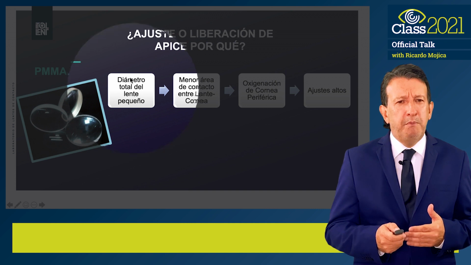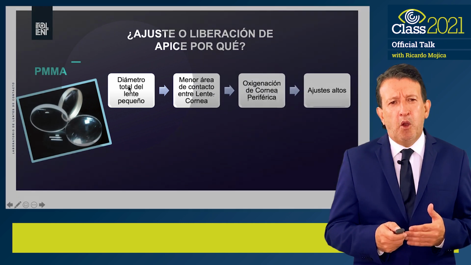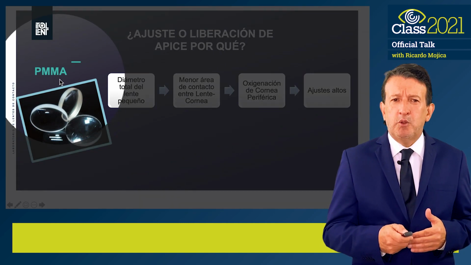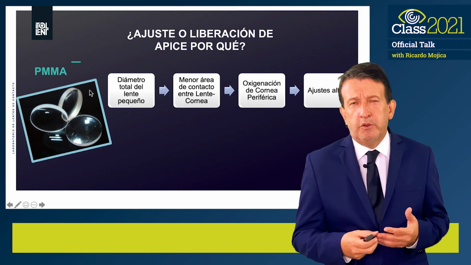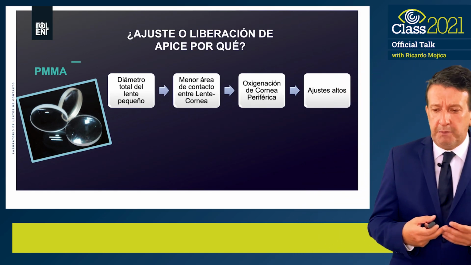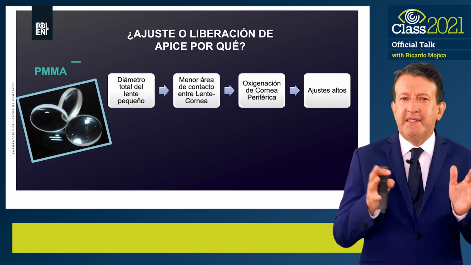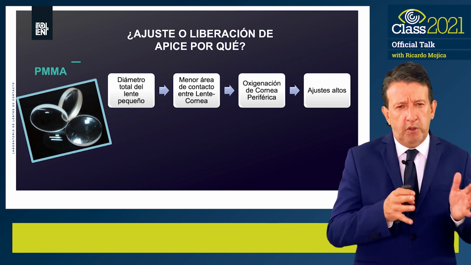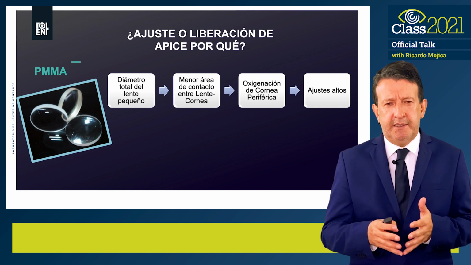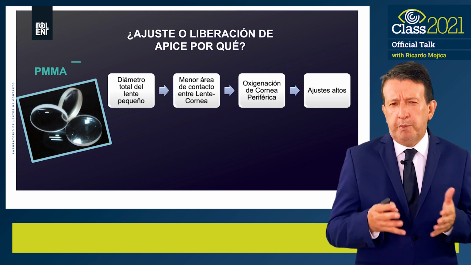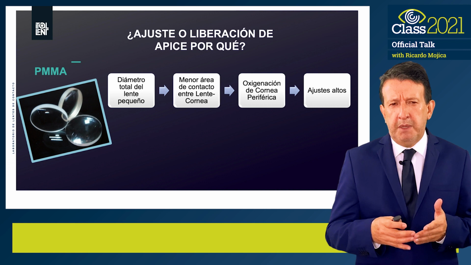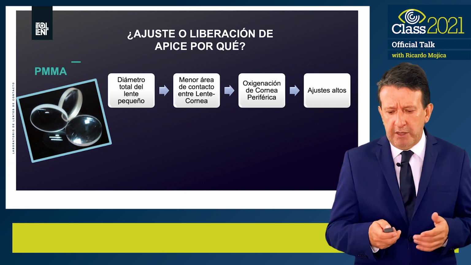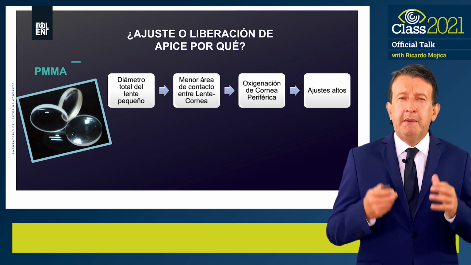As for the PMMA material, its great defect was, or is, that its Dk is 0, and it does not allow permeability. It is not that permeability is the panacea to make a contact lens adaptation, but today this permeability gives me many advantages, and it goes back to the history of contact lenses, where PMMA was used for many years. So since it did not have that oxygen step that we have today, which gives us so much ocular health,